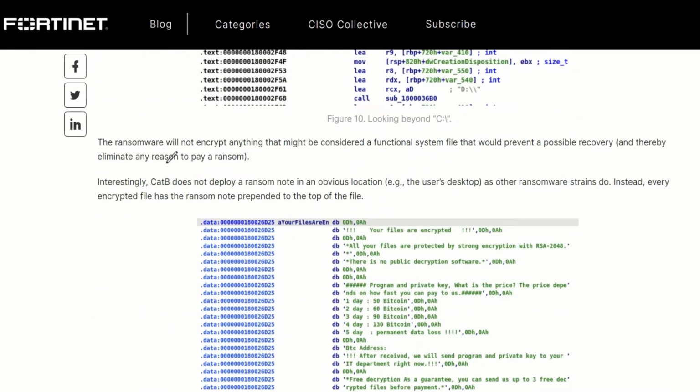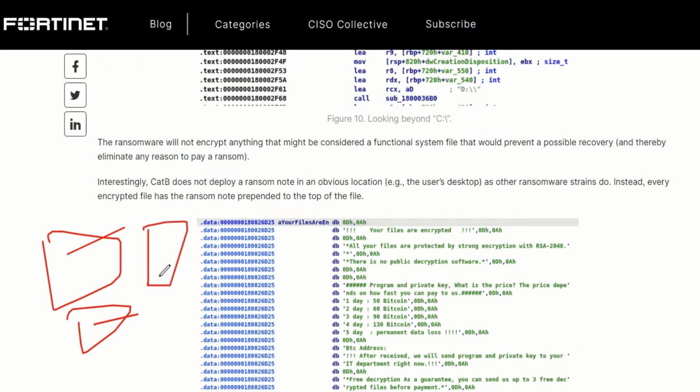And what is more interesting in one of the behaviors of this ransomware is that whenever you see a ransomware infected machine, the desktop wallpaper will be changed, right? So there will be a ransom note inside the desktop. No, instead what this particular thing is doing is encrypting all the files, and then, you know what,